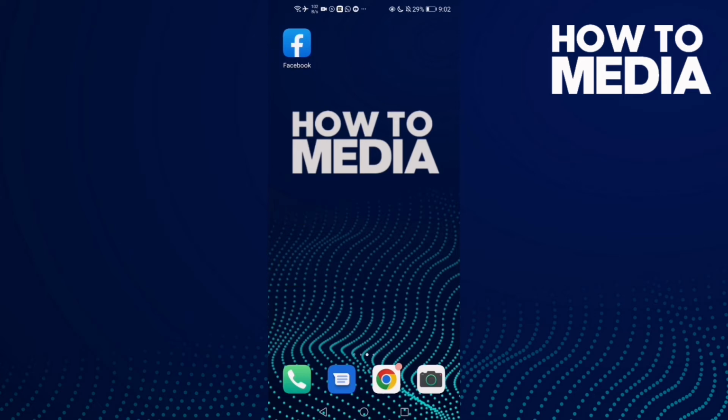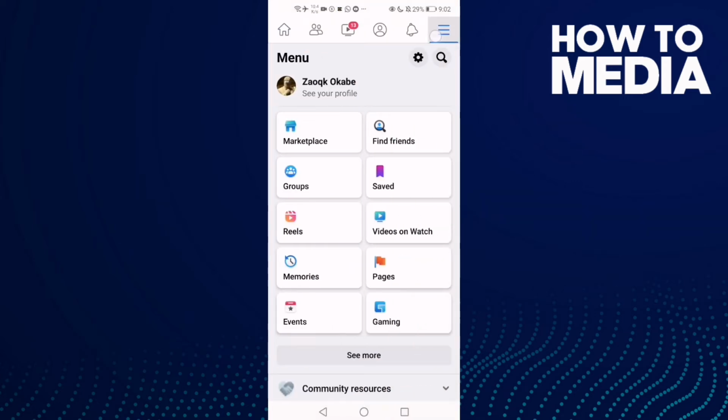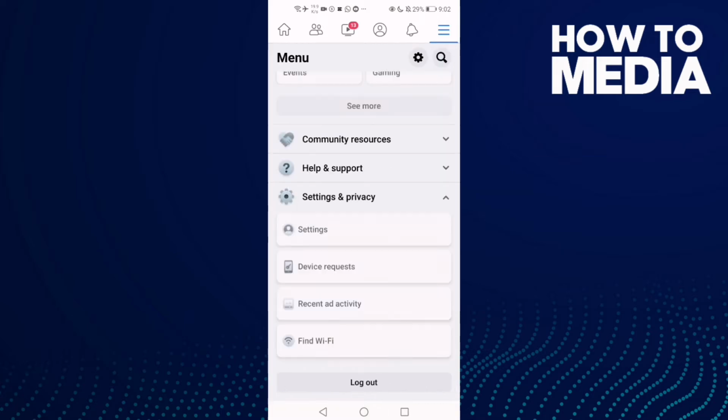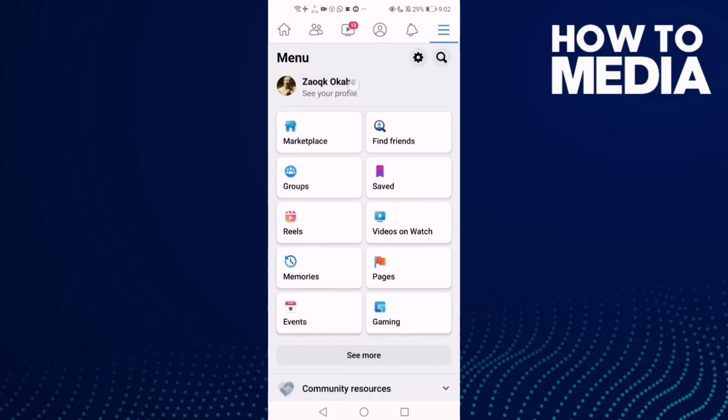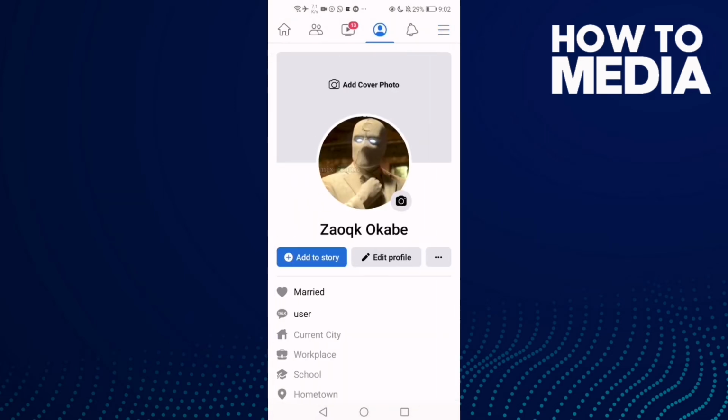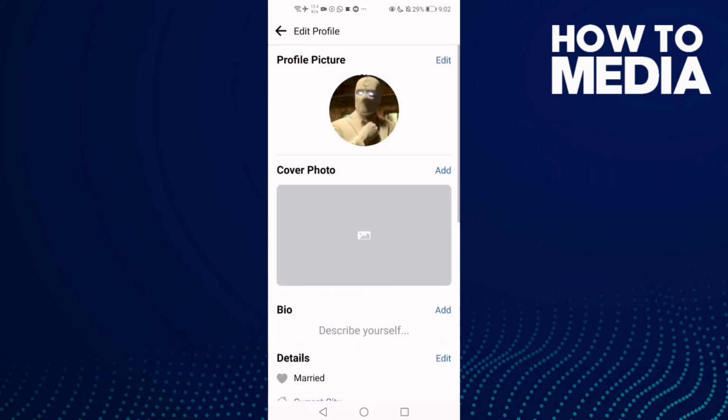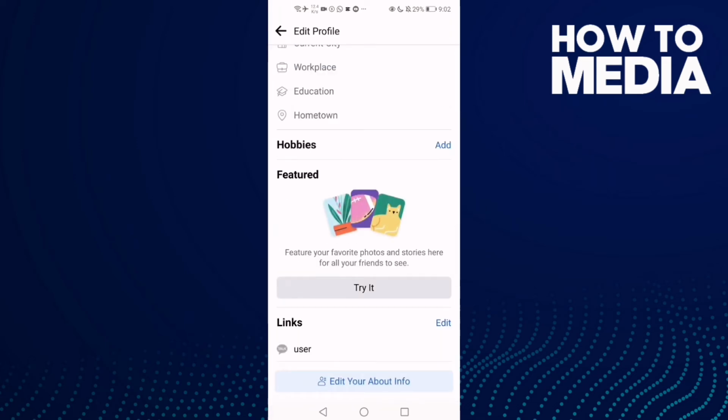First thing, go to Facebook and click these three lines in the top corner, go down and click Settings and Privacy, and here click Settings. Sorry, not Settings. Click this one on your profile and click Edit Profile, and then just go down until you